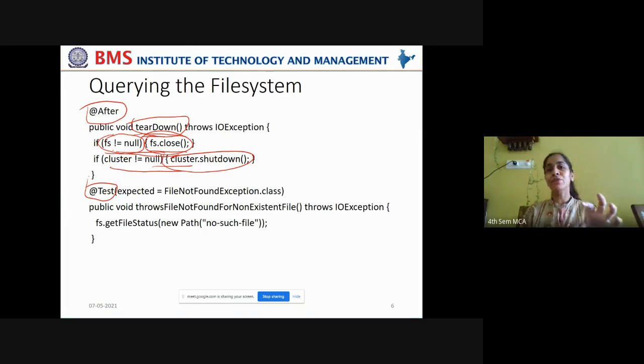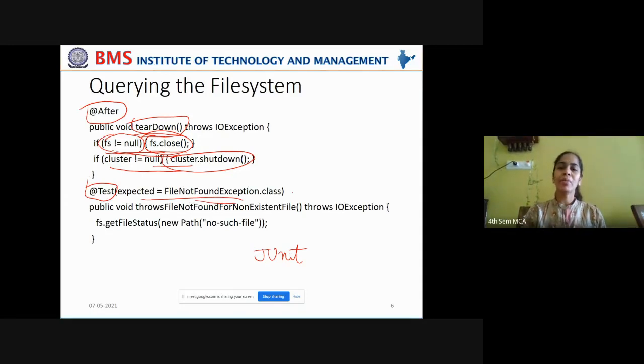Unit testing has to be performed. That is called JUnit testing, Java unit testing. Unit testing at a smaller scale, every line of the code has to be tested first. Only then it has to be deployed onto a larger cluster. Right? So how do you perform the testing here? What is expected when you are performing this testing? FileNotFoundException may be expected.